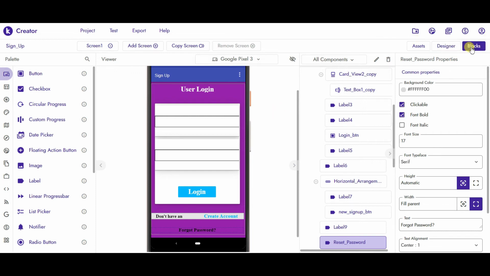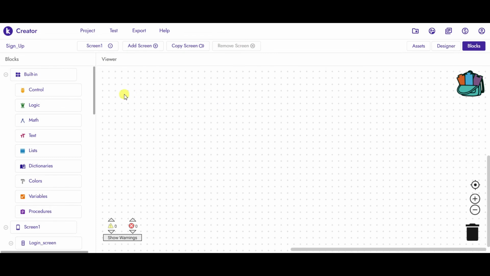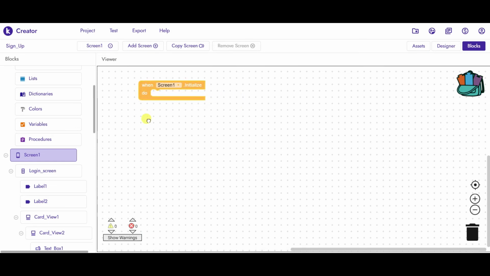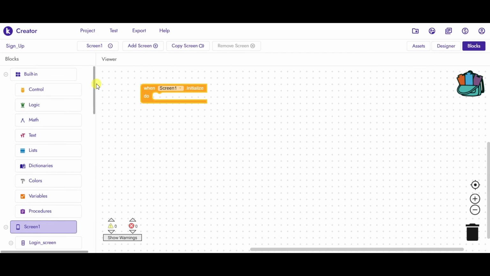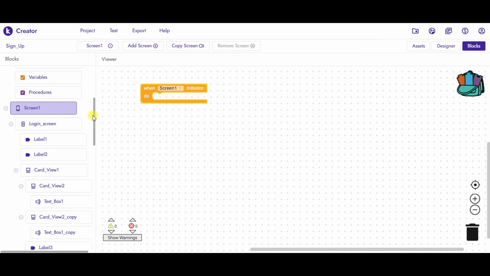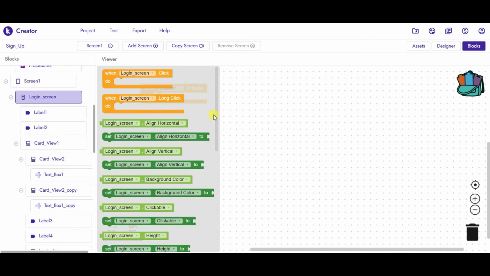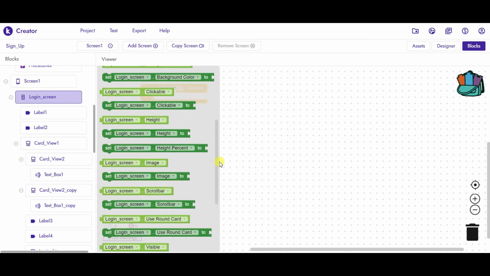Now come to the block section and now we will start our code. Go to Screen1. Here you get an option of when Screen1 is initialized. Then we have to make the login screen visible.